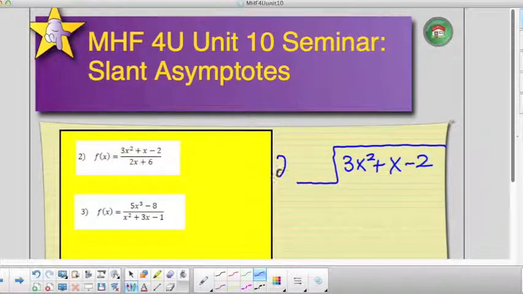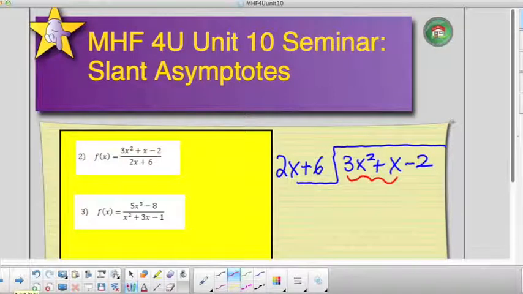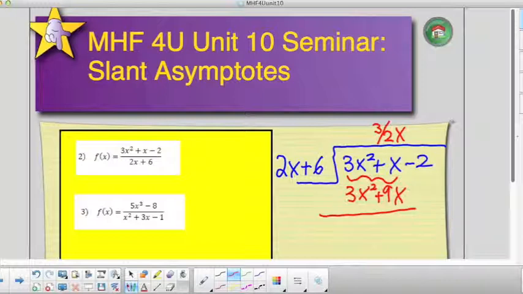Well, this one's a little bit tricky. 2x plus 6, let me do this one with you. Because that 2 can be factored out, it actually only goes into 3x squared plus x. We would do 3 over 2 would be my slope of this line. 3 over 2x. When you multiply that, you get 3x squared plus 9x. Subtract those equations, you get negative x minus 2,